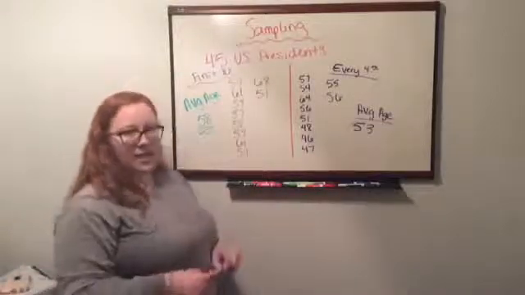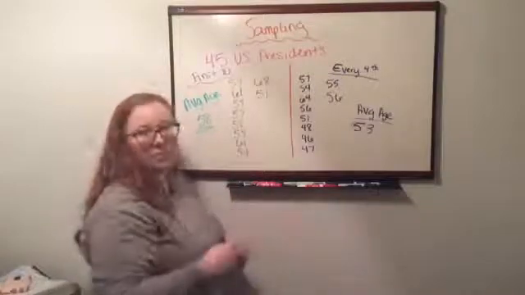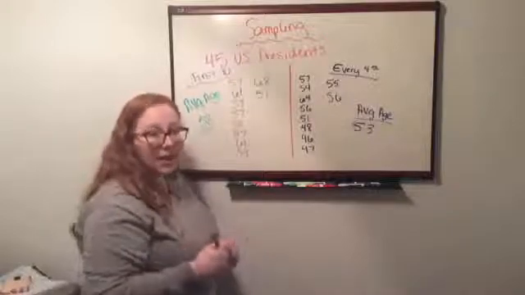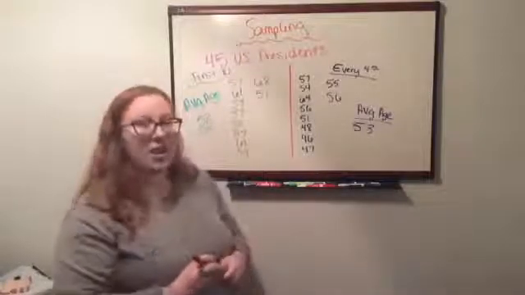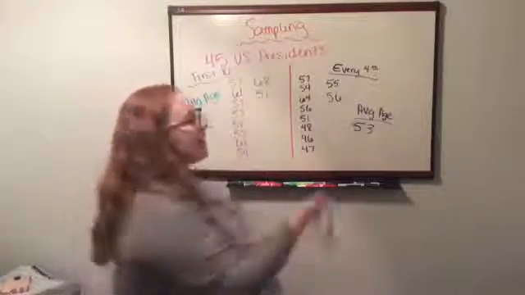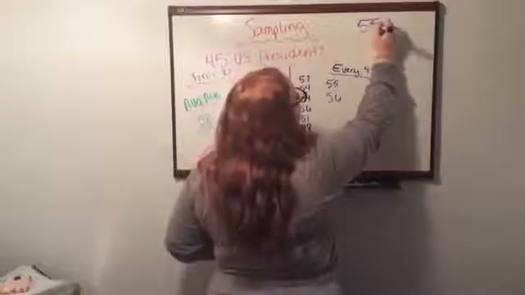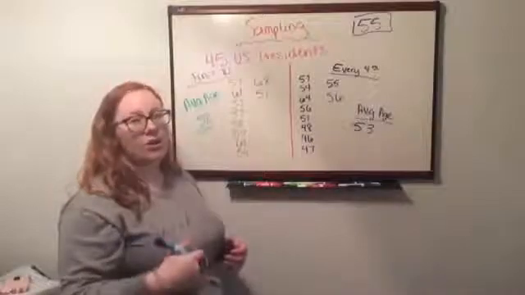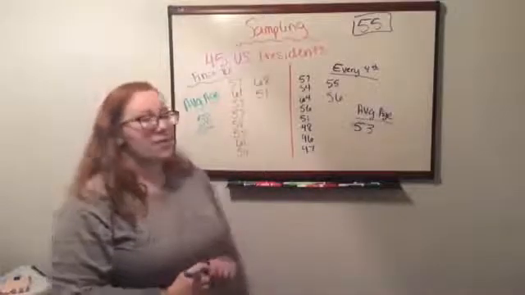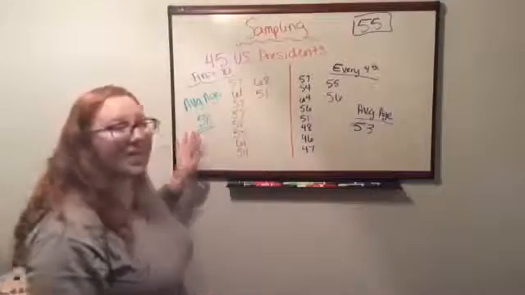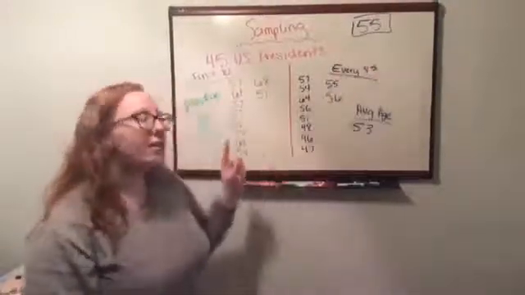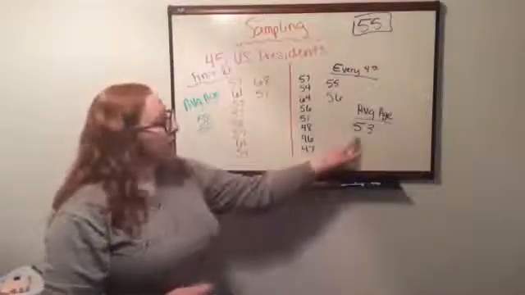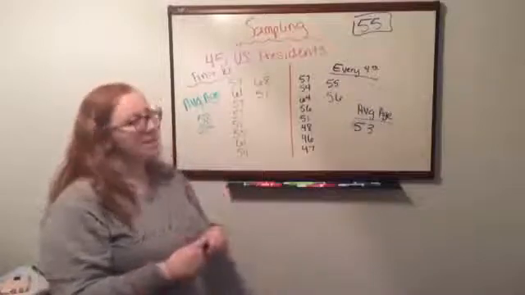So now, what can we say? I mean, they can't both be true. Well, I'll tell you that I did a little bit of work ahead of time, and the average age of all 45 U.S. presidents is 55. That's our goal. That's the true average of all 45 U.S. presidents. So now if we look at this, 58, that's 3 years away from 55. 53 is only 2 years away from 55.